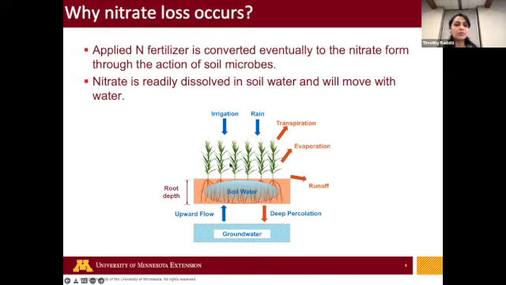How irrigation is related. So I put this figure here that describes all the inputs and outputs of water to this agricultural system. So we have irrigation and rain, those are the major water inputs, and deep percolation and runoff and evapotranspiration, that is how much your crop is using that water, are the major outputs. Anything that's stored in that root zone is the soil water. So from our research projects, what we are trying to do is manage that soil water, how we can effectively manage that soil water so that we do not lose that water in runoff or deep percolation, and keep all our important nutrients, nitrogen, fertilizer in that soil water. So that's the main role that we are